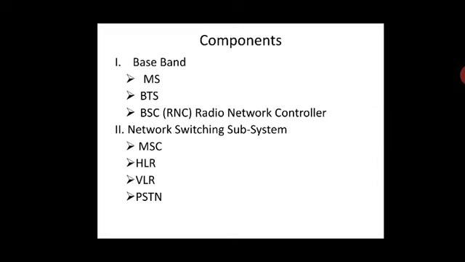Now the next one is the VLR, visitor location register. The visitor location register is connected to the MSC. Imagine that in a particular place there are two MSCs and two VLRs connected. These two VLRs give service to the MS. Before giving a service, they will contact the HLR. Once the HLR gives authentication, the VLR will start giving communication to the MS.